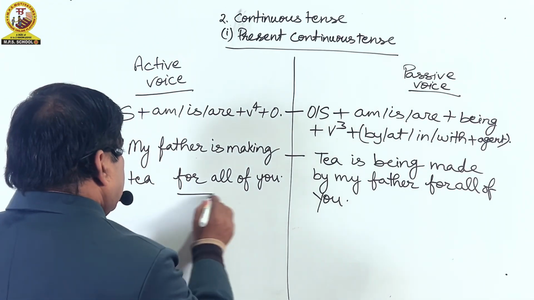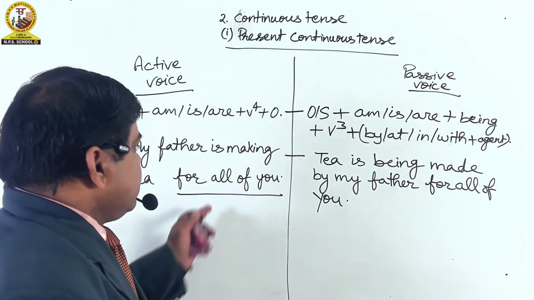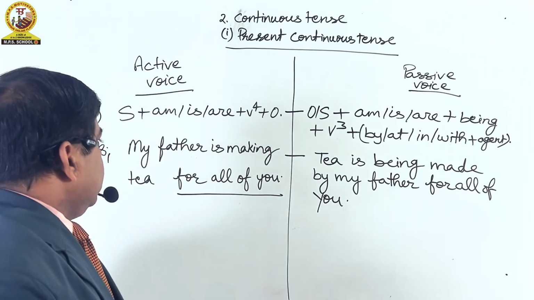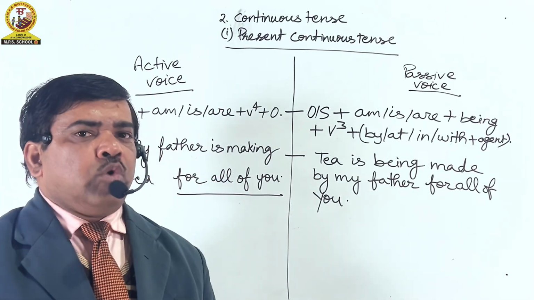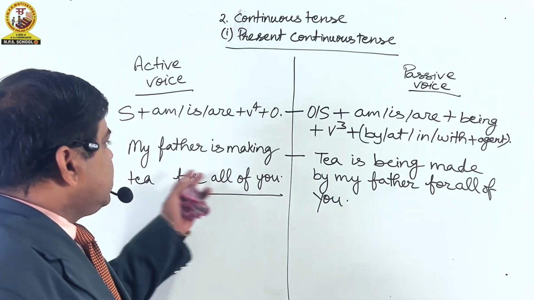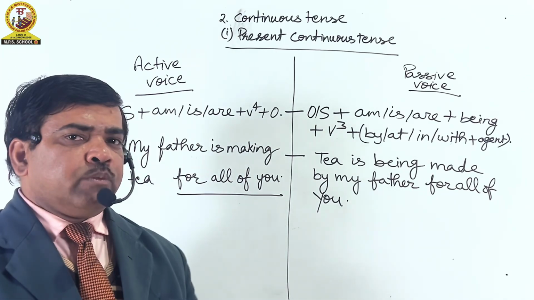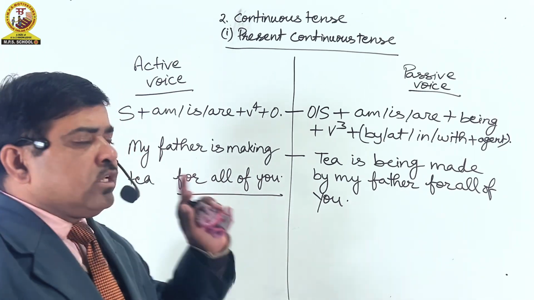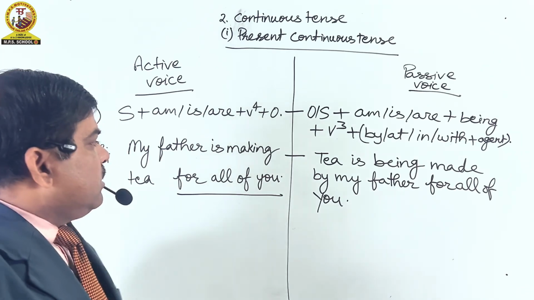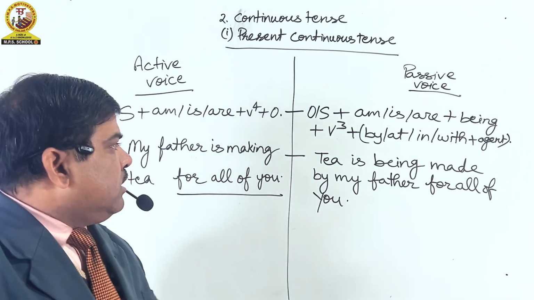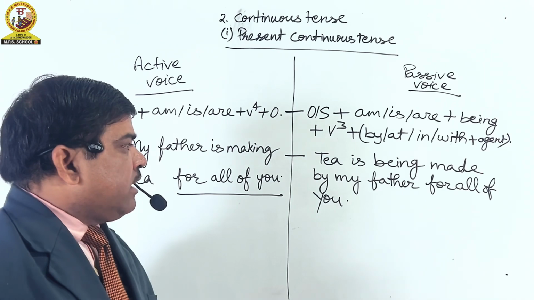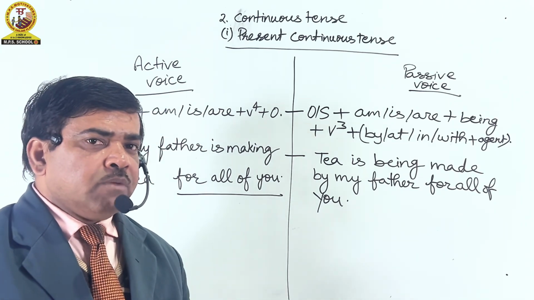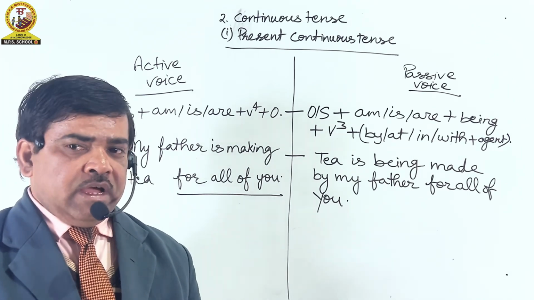As for all of you is just the additional part, the extra part of the sentence that is not included in voice. We have not to change anything in this part of the sentence, and we have to put this part of the sentence where it is in active voice, at the last of the sentence. You can see, tea is being made by my father for all of you. It means आप सबों के लिए मेरे पिताजी के द्वारा चाय बनाया जा रहा है।